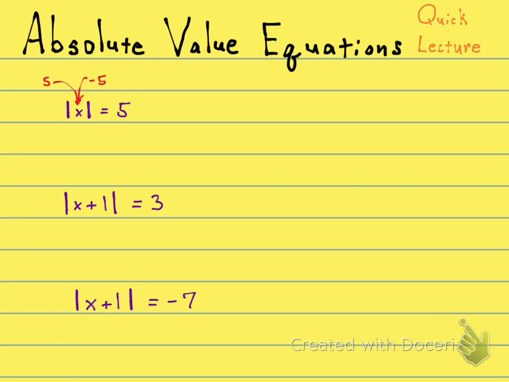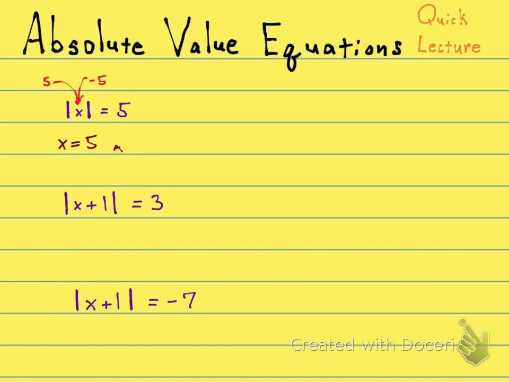If you had like a plus 7 over here or something like that, you want to get rid of that. And then what we're going to do is write this twice. We're going to write two equations. The first one looks exactly like the one above, without the absolute value bars. We're going to say x equals 5. And